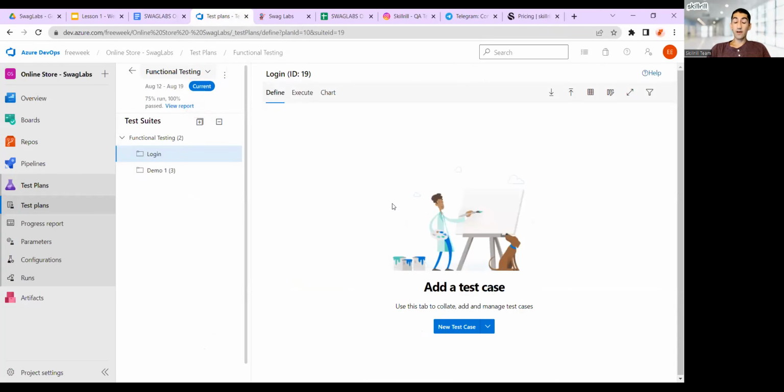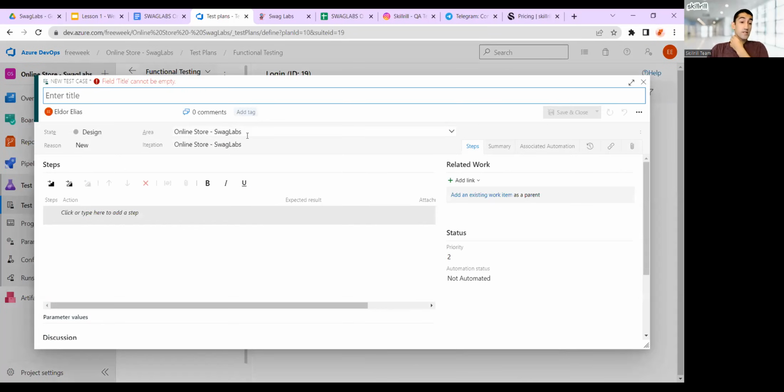So this is one of the tools, right? There are different tools in the market, and Azure DevOps is one of the widely used tools currently. It has several modules here, and we're not going to stop at most of them, but we're going to focus on creation of a test case. As you can see, it's very intuitive. You have this button that's asking you to click on it: create new test case. So we're just going to go ahead and create a new test case, and this pop-up window opens.